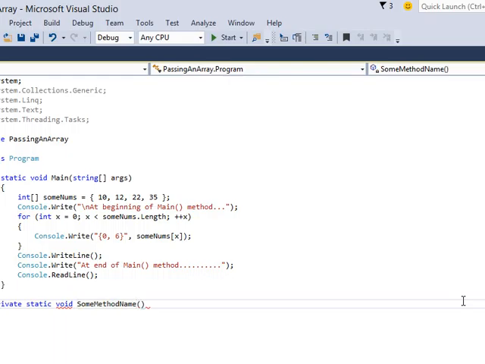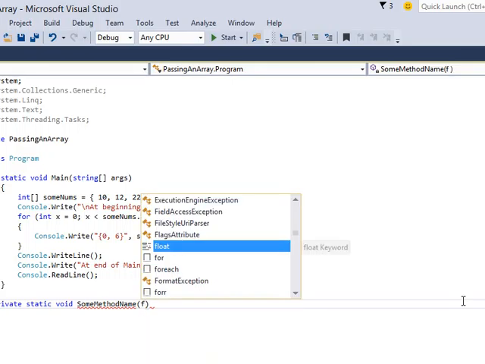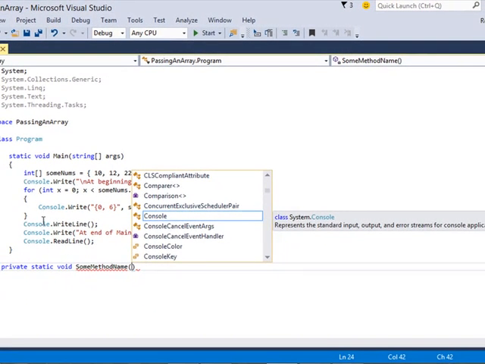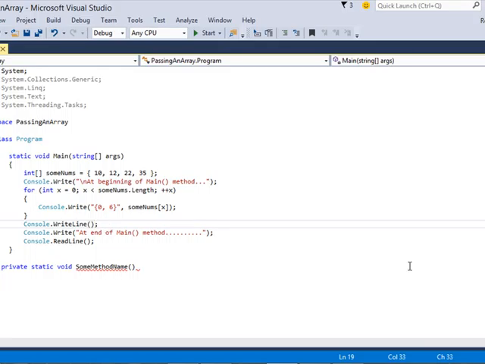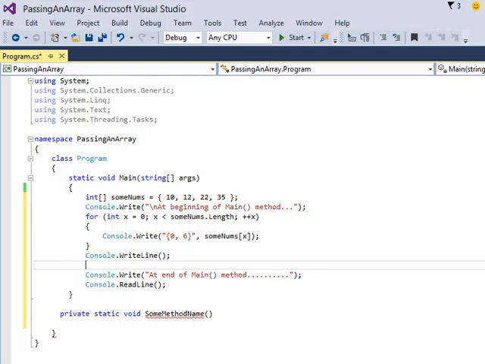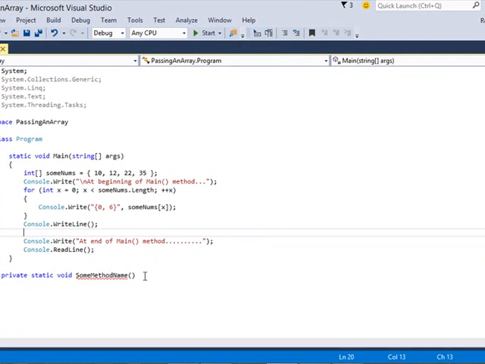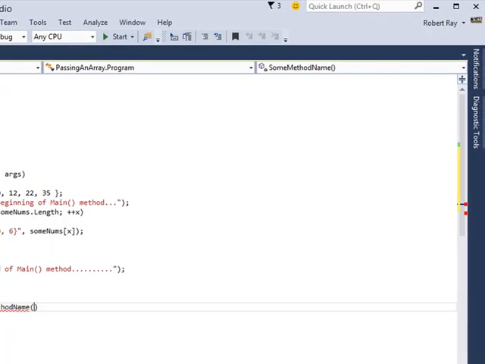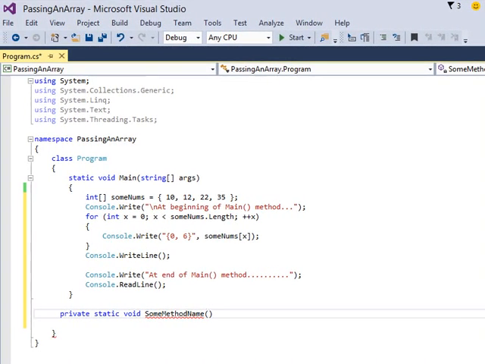Okay, since it's a method, we want to put in our parentheses right after the name. And then what are we going to send to this method? What we're going to send is the array. So let's go ahead and make our method first. And to send an array, a list of items in the computer's memory which is consecutive, and it's the same data type,